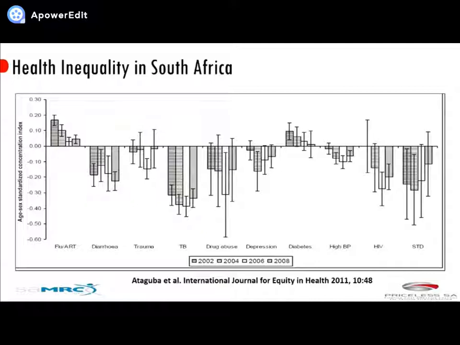Health inequality in South Africa is also quite pro-poor. Here's a study done by colleagues at the University of Cape Town, and they looked at a number of diseases and found that a huge number of disease conditions were concentrated amongst the poor, except for flu and diabetes. But then if you look at the trend, it suggests a pro-poor shift in the distribution of these diseases. It will be interesting to see what this profile looks like today, but this is an old study done in